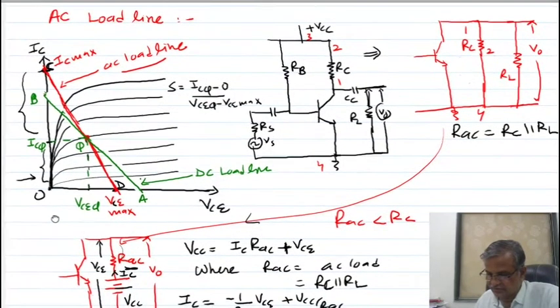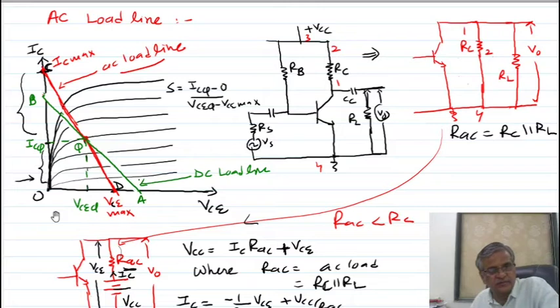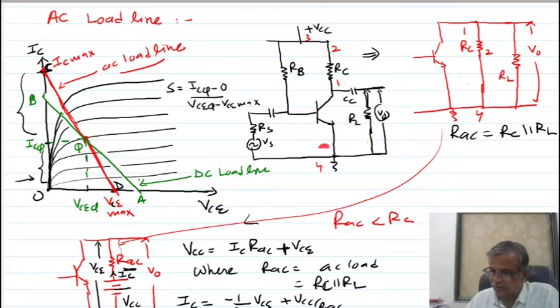I think you understand. Listen, last time a few lines I am repeating. Whenever you are giving the AC input signal to the amplifier, then it is necessary to calculate the AC load. AC load can be calculated by considering the impedance of all the components present in the output section. In the output section, this many components are present, and from that we have neglected the impedance offered by the internal resistor of VCC and the impedance of the coupling capacitor. So the resultant output section is shown like this.